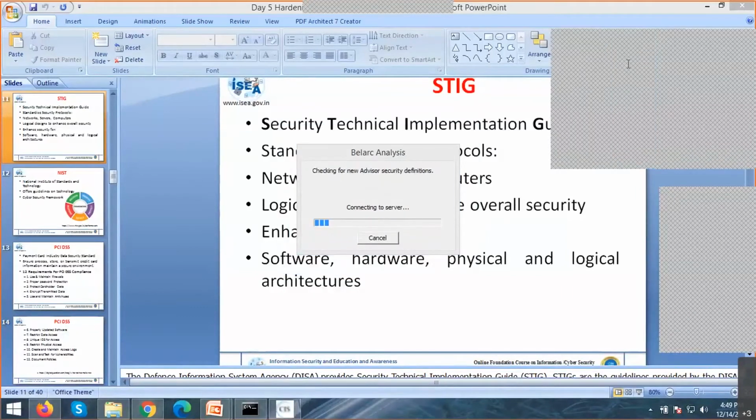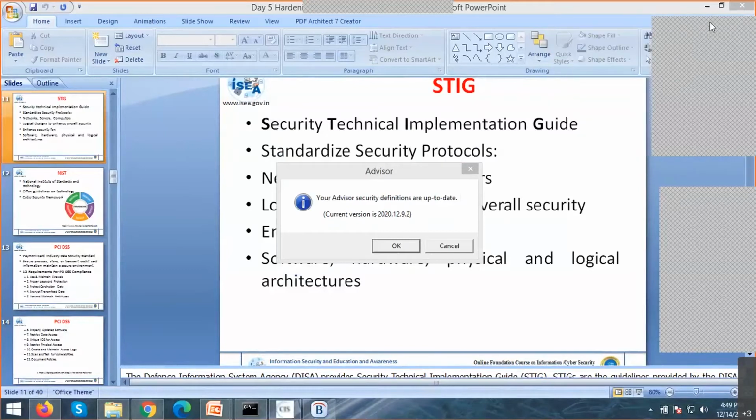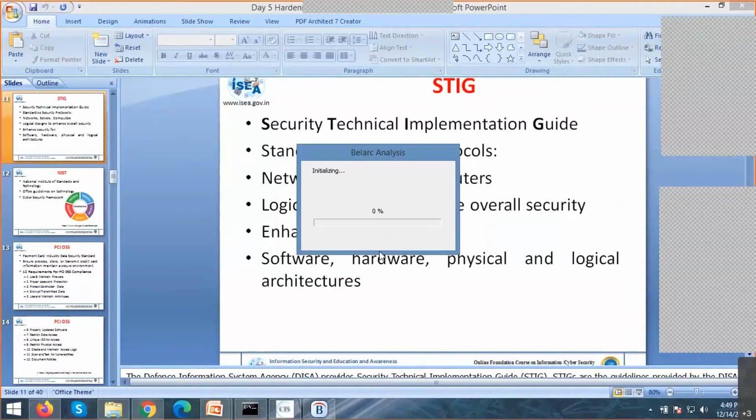I am getting some questions. No sir, I tried using Syscat, but we need Syscat Pro for it, and it's paid. Yes, Syscat Pro is paid, because if you want to harden different remote PCs, you can use that tool. Otherwise, if you have Windows 10 or the latest OS, you can use Syscat Lite. But the dependency is that you can install it only on Windows 10, and on Ubuntu only the latest version, Ubuntu 18.04.